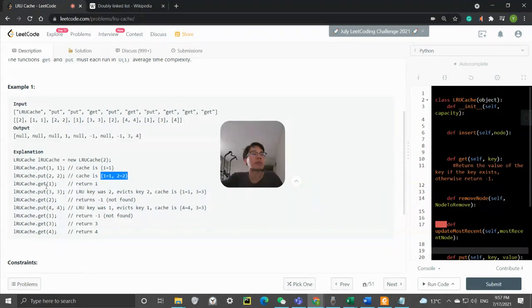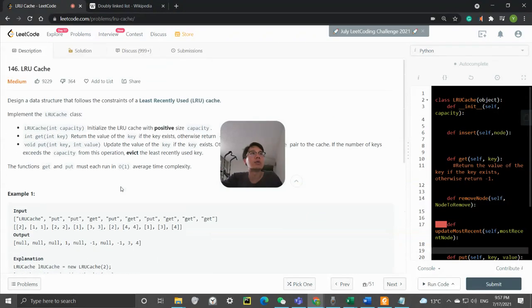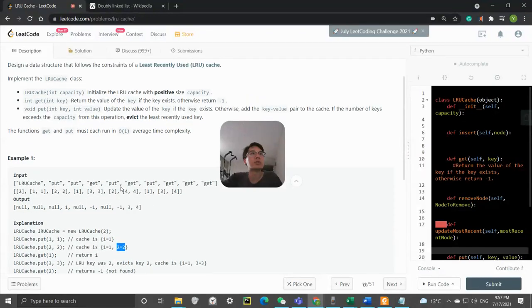Then when we get the data by inputting the key of 1, we get the value corresponding to that key. Immediately when we fetch the data for the 1 1 pair, that becomes the most recently used, and the 2 2 becomes the LRU, the least recently used